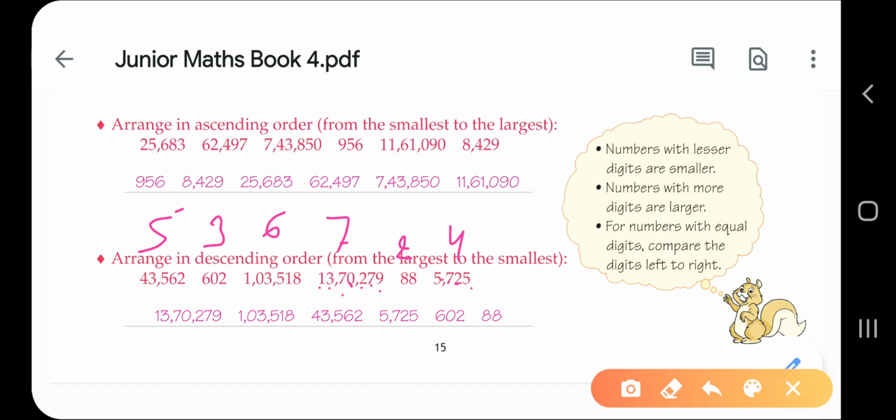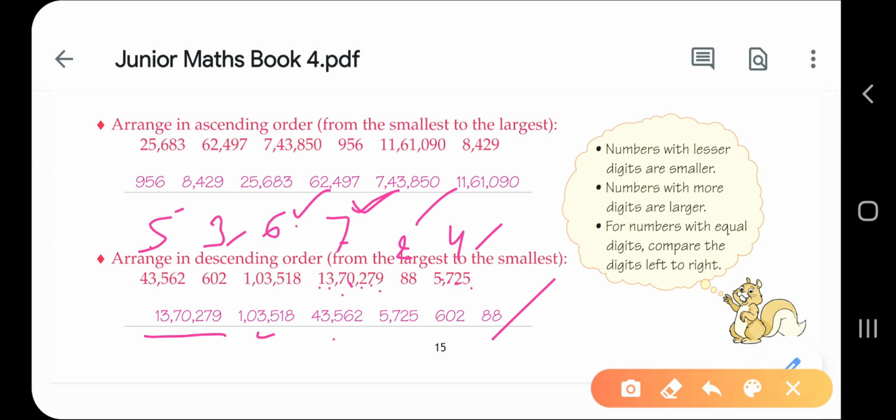Then obviously the 7 digit number is the biggest number, the largest number. So we will place it in the first place. Again after that, 6 के बाद कौन बड़ा होता है, 7 के बाद कौन बड़ा होता है, 6. So we will place this number in the second place. Okay, after that, 6 के बाद 5 digit number, and after that 4 digit number, then 3 digit number, and then the last will be 2 digit number.